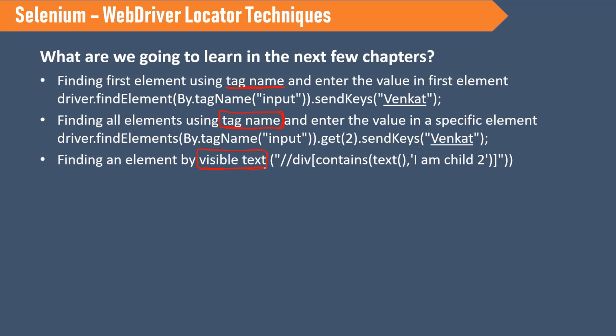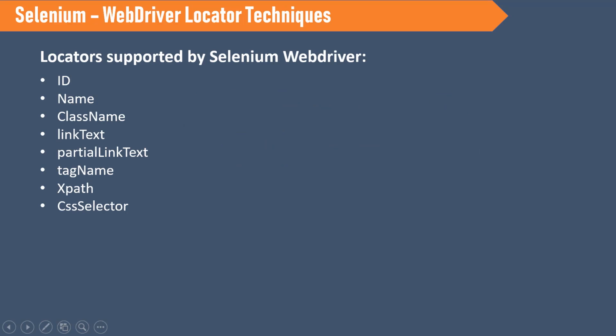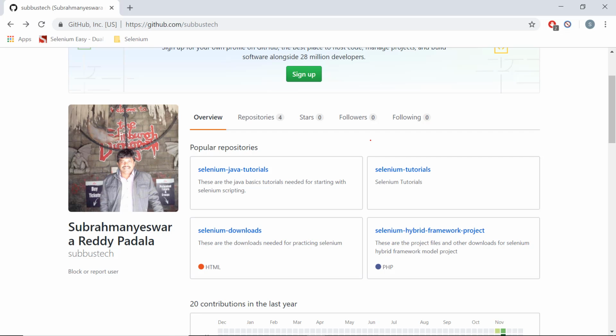This is all about locating the different elements on the web page. So there are mainly 8 locators. One is ID, name, class name, linkText, partialLinkText, tagName, Xpath, CssSelector. We will see these 5, and there are different ways to create Xpath and CssSelectors. So we will see all these things in the next few videos. So in this video, we have seen what we are going to learn in the next few videos, which is